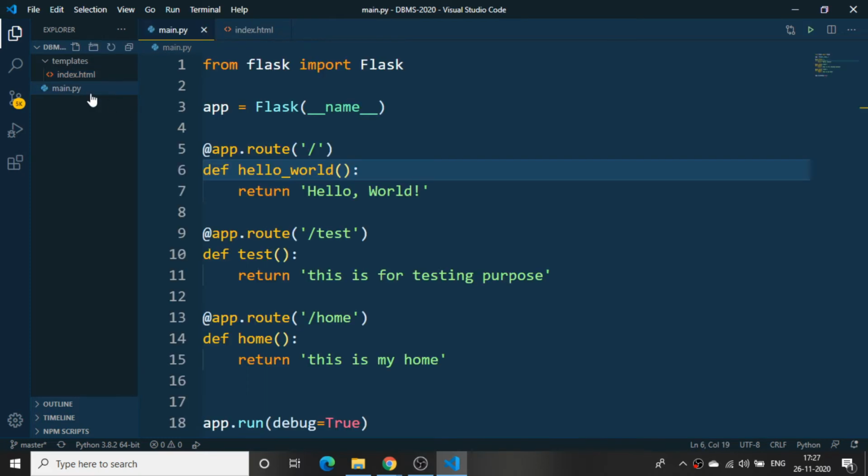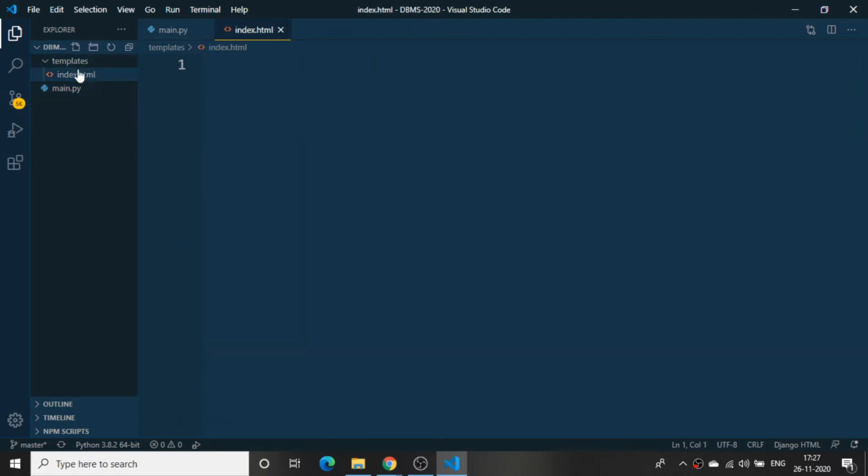I am naming this particular template index.html. All my front-end code will be written inside the HTML files, while in the main.py file, all my backend code will be written. All my front-end code will be written inside the templates folder in any of our HTML files.